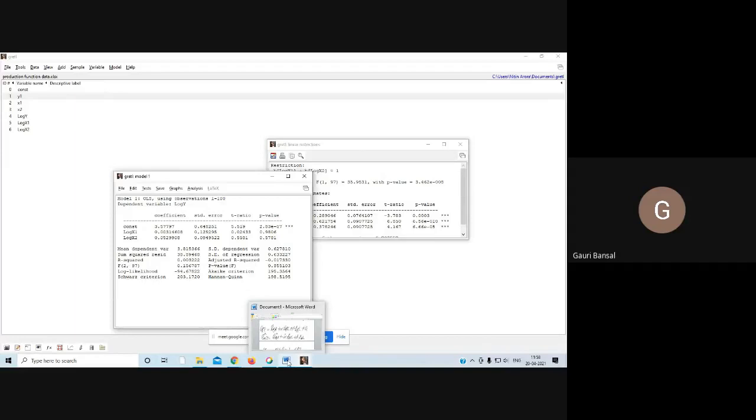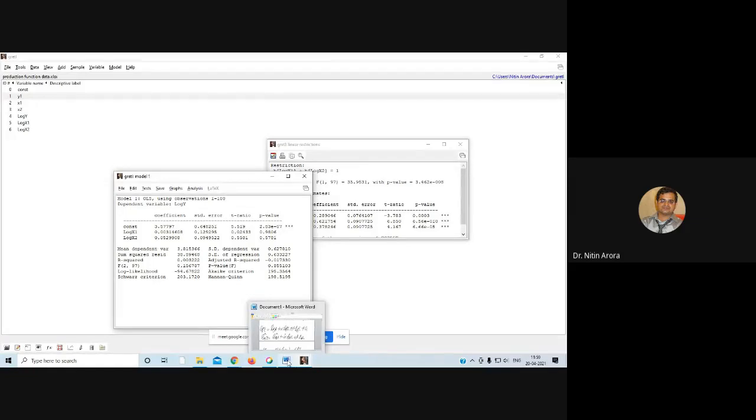Either we go with equal to unity, less than unity, or greater than unity. Greater than unity will give you increasing returns to scale. Less than unity will give you diminishing returns to scale. Equal to unity will give you CRS. So to test what kind of returns to scale exist, that's why I'm testing the linear restriction, that sum of two coefficients is equal to unity, because equal to unity is the yardstick of constant returns to scale. Equal to zero, I'm just testing whether the sum of two coefficients is significant or not.